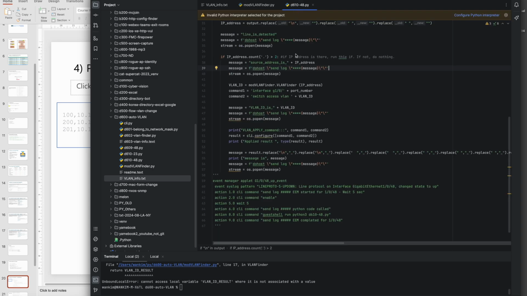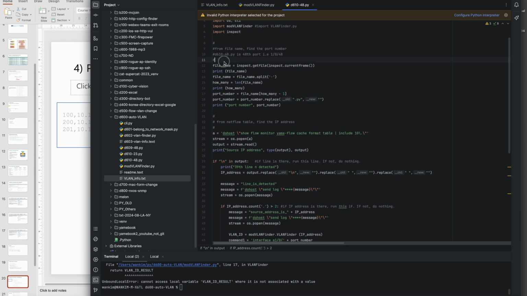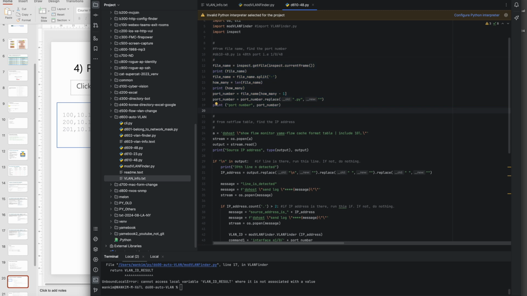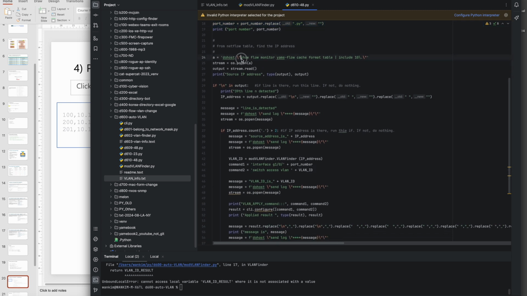And this is the real run file. First, we have to know which port is up. Here, port 48 is activated, enabled. That is, port 48 is up. This file is the code. At that time, we have to find out the port 48, and using duost,